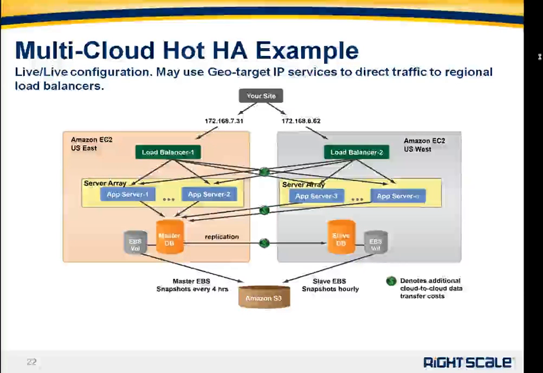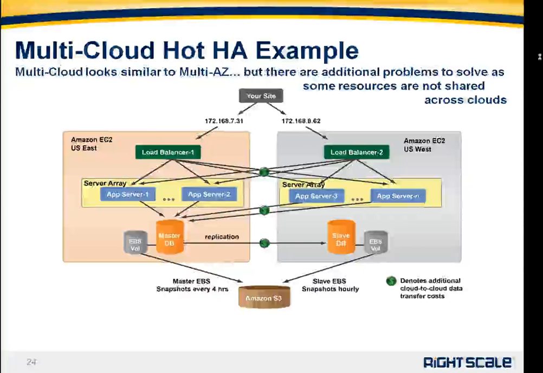Now, the reason we built up this DR example was because what you'll see here is an example of what we're calling hot HA, hot high availability. And this is where you have availability that's implemented by implementing your application across multiple regions. So it looks a lot like the previous example, but we'll talk about the caveats and the differences here in just a minute. What you'll see is that both regions, or both clouds, are servicing traffic to your application. And you have, again, additional $ on here as you have the inter-region data transfer costs.